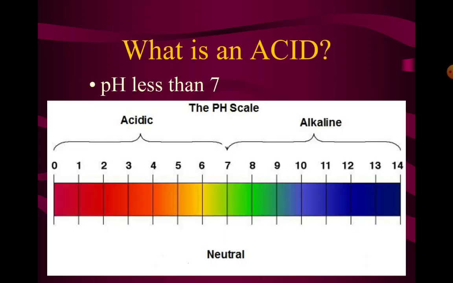Now what is an acid? There are some properties of acids which we will be reading. This is a pH paper. The pH paper has 0 to 14 markings on it. The middle marking is 7. Whenever any solution has a pH of 7, it is neutral, meaning it is neither acidic nor basic. Whenever the pH of a solution is between 0 and 7, that means it has a lower pH than 7, it is acidic. And when it has a pH between 7 and 14, it is basic or alkaline. So an acid is one which has a pH less than 7.